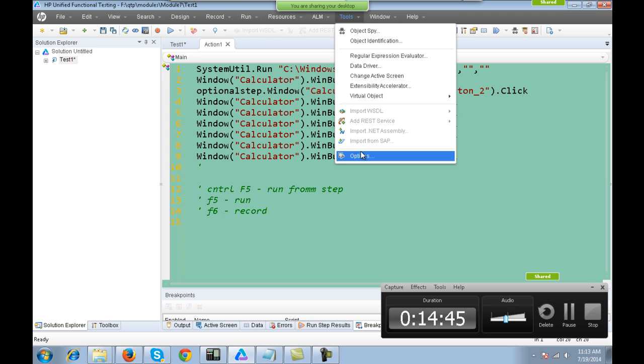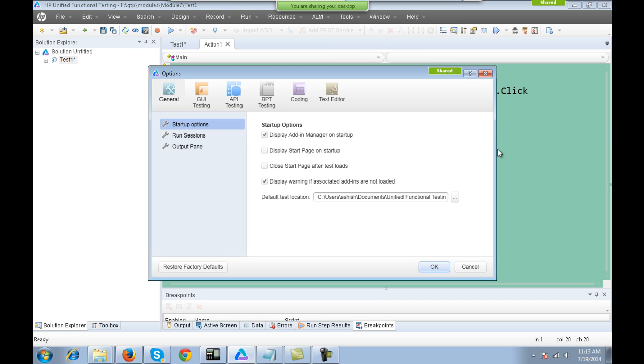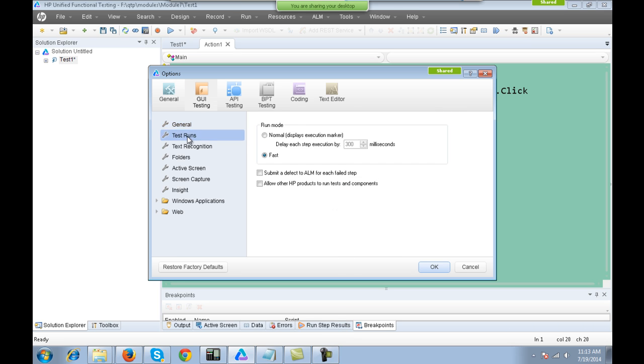You have, hold on, tools options, right, and inside tools options you will go inside test runs and select normal run now. In this you can delay the execution of each step by a certain time. I have given 300 milliseconds. What happens is that with this,